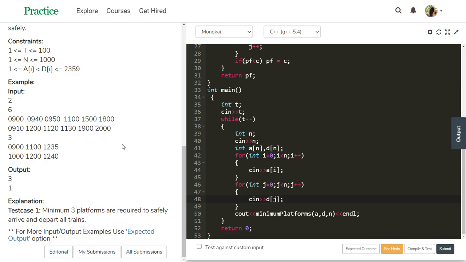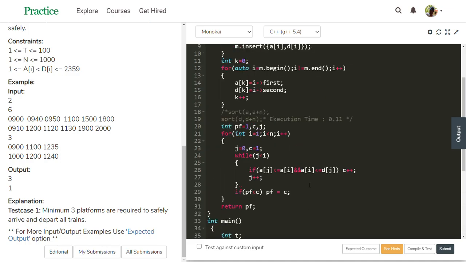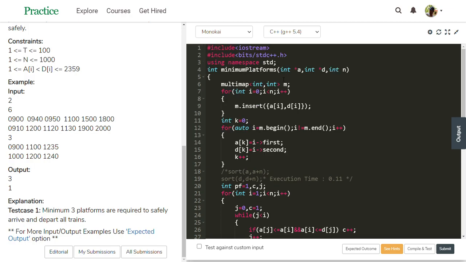To solve this task, we use the function minimumPlatforms, passing three parameters: the address of the arrival array, the address of the departure array, and the number of trains. See, here is the minimum platforms function. In this, it is good to sort the given details by arrival time. For that, we use a multimap. First, the key value is the arrival time. Second, the mapped value is